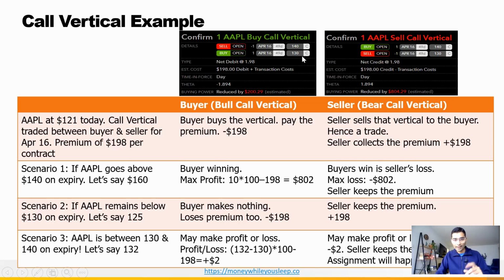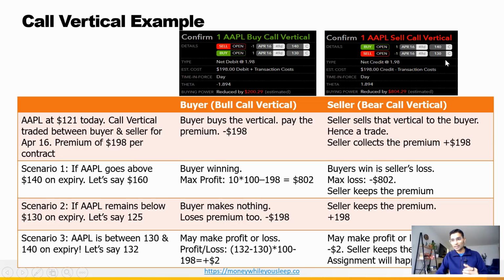Hence, he's going to buy a call of 130. He's going to sell a call of 140. So how is it going to help the buyer? Since he is a buyer, the option price will be reduced for him. If he buys only the 130 call, the price of the option is going to be a bit higher. But since he has also put a cap at 140, his option price has become lesser. So that is an advantage for the buyer.